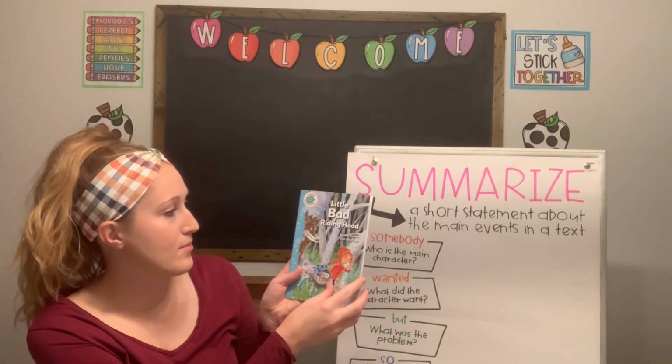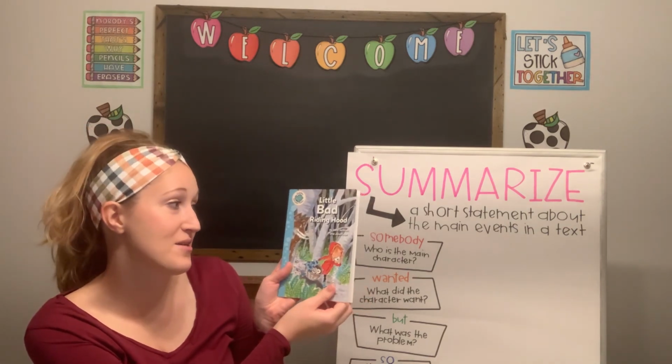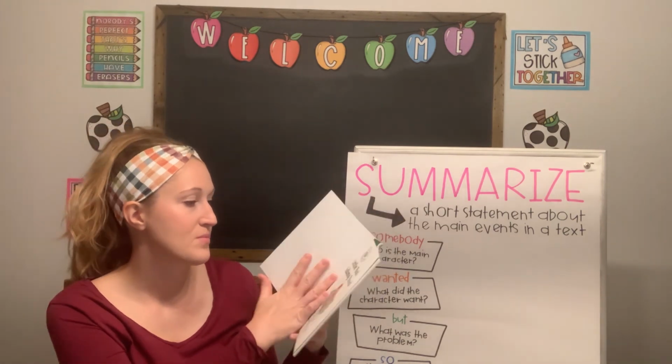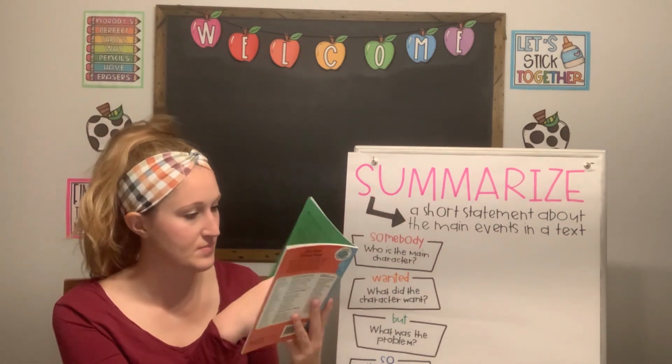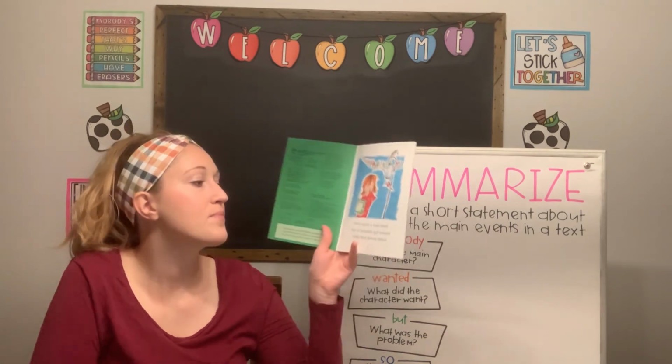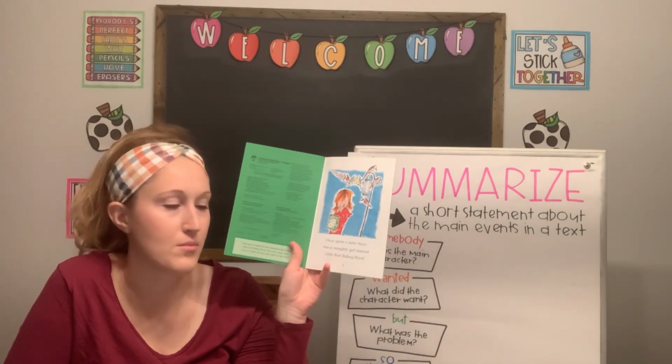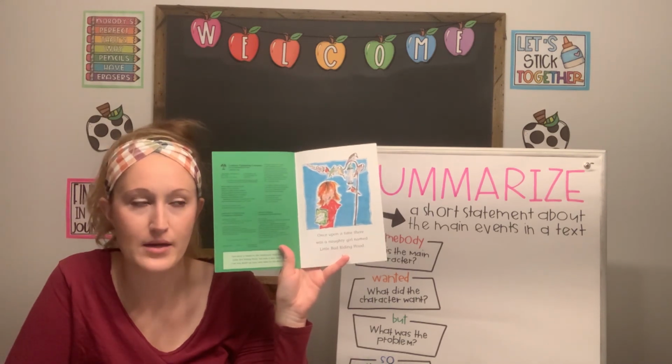Little Bad Riding Hood by Julia Jarman and Jane Coe. Once upon a time, there was a naughty little girl named Little Bad Riding